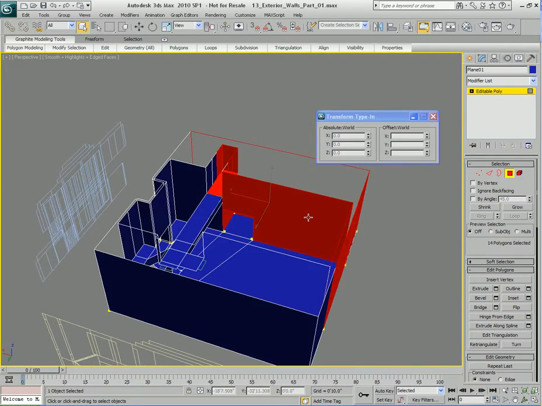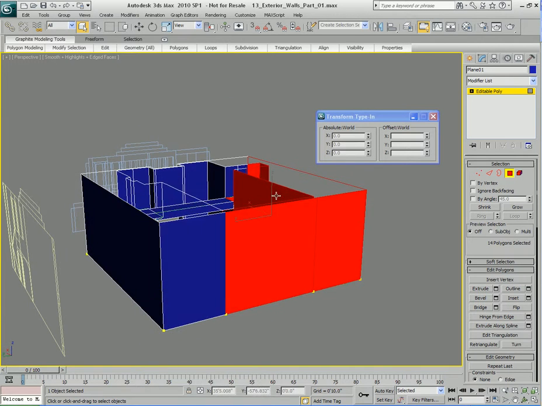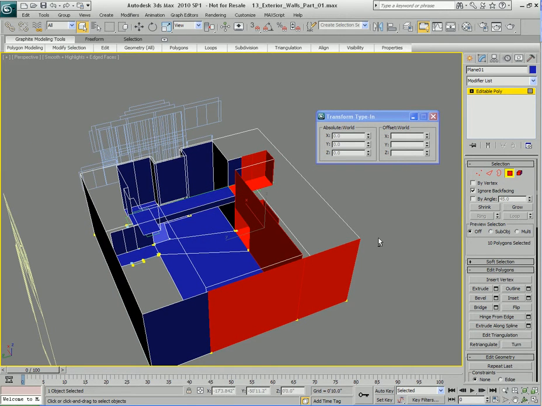Sometimes you want to do that, but there's times when you don't, and you don't want to accidentally select all this stuff back here. So let me deselect all that stuff. If we turn that option on, what happens is when we make a similar selection, 3ds Max will not select anything behind any polygons that are obstructing the way. So in this case, these two big polygons get in the way of everything. So when I move my camera,